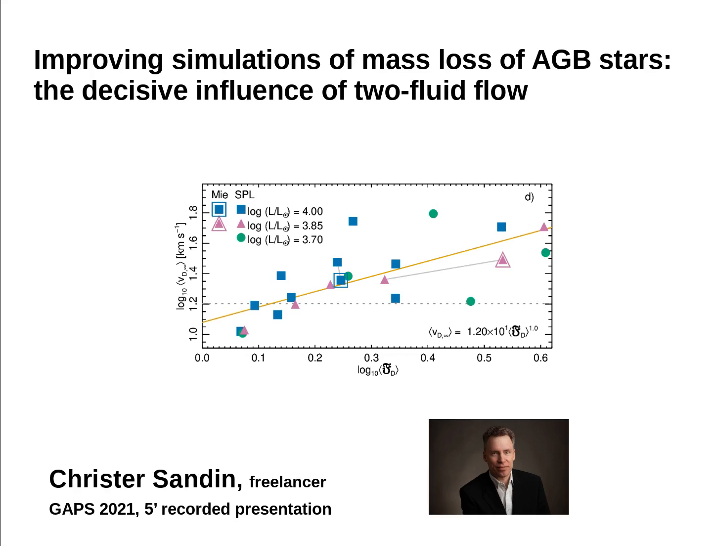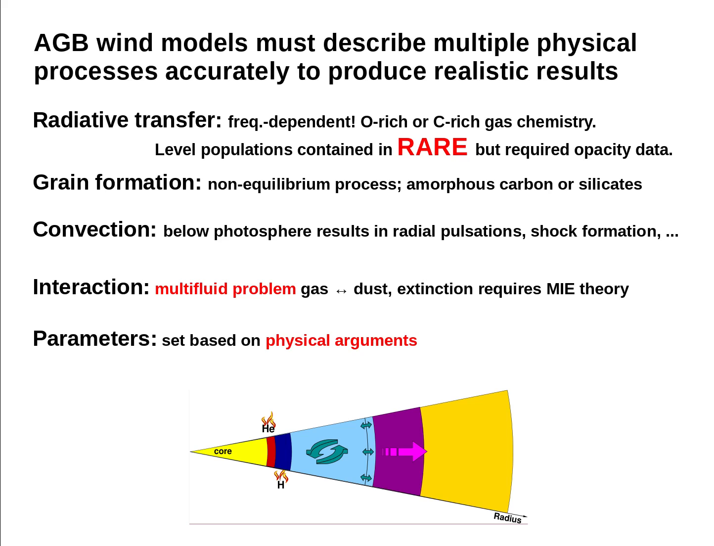I present some aspects of AGB star wind models with a focus on two-fluid flow and drift. AGB stars are rather complex objects, and it's necessary to describe all physics to realistically model the formation of a stellar wind. Here I have listed some of the things you need to account for in these models. And while this talk is more about a multi-fluid problem,